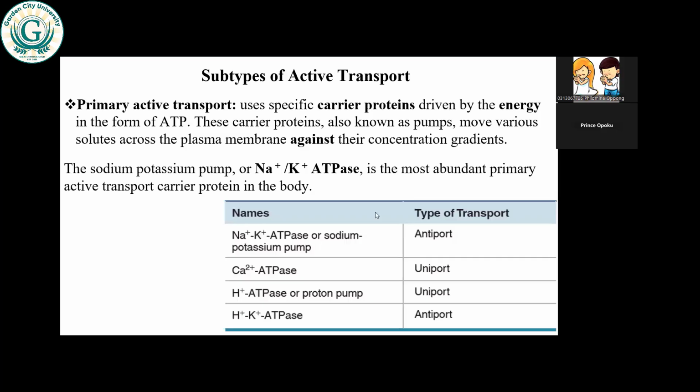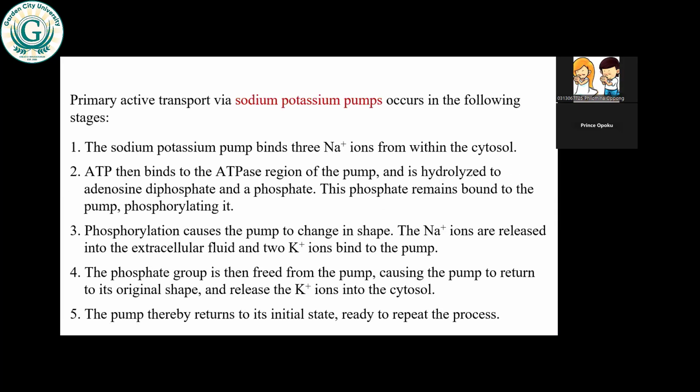So specifically, we are still dealing with fluid compartments, and we have the intracellular fluids and the extracellular fluids. Within the intracellular fluids, the most dominant cation is potassium, and outside, that's the extracellular, let's say the interstitial fluids, the most dominant cation is sodium. As its name implies, the sodium potassium pump is an antiport mechanism; it transports those ions in opposite directions. So one is sent in and one is sent out.